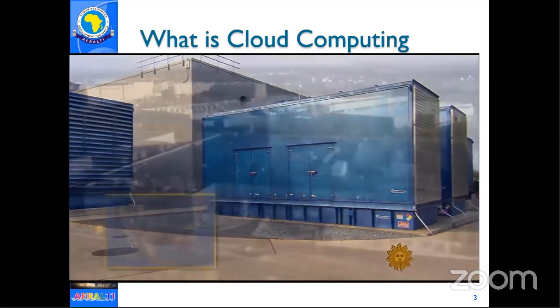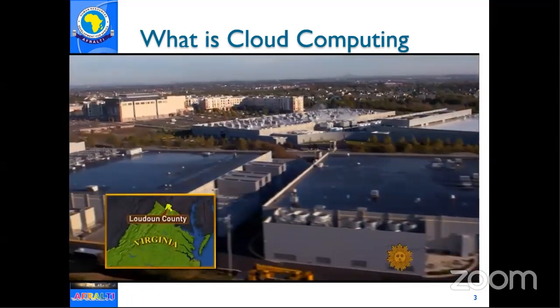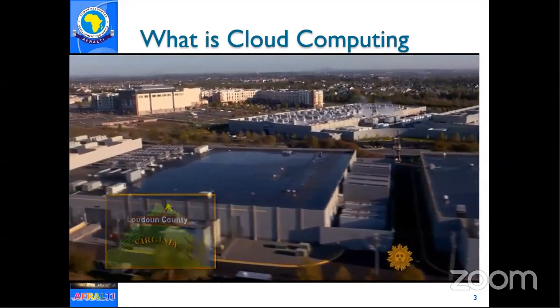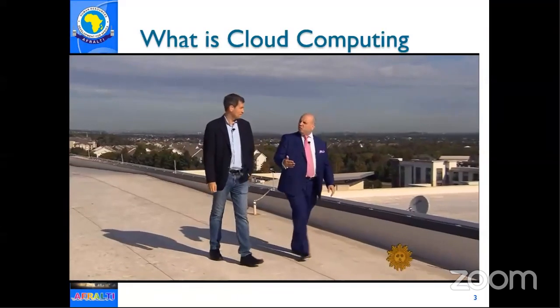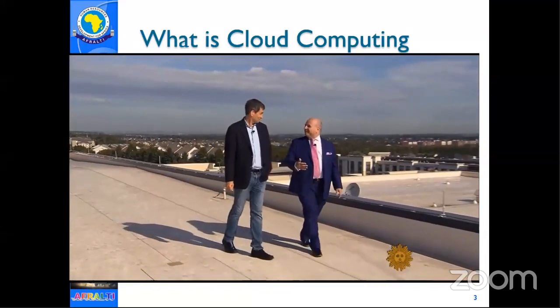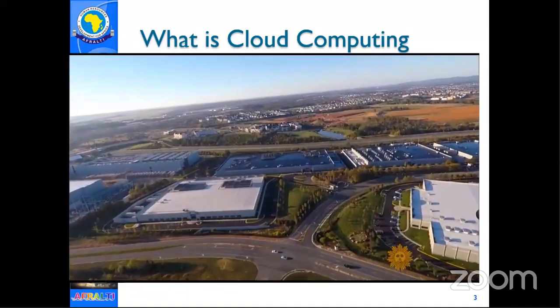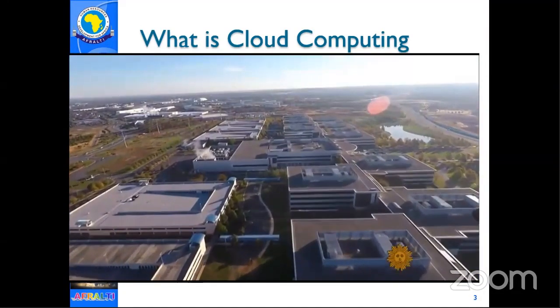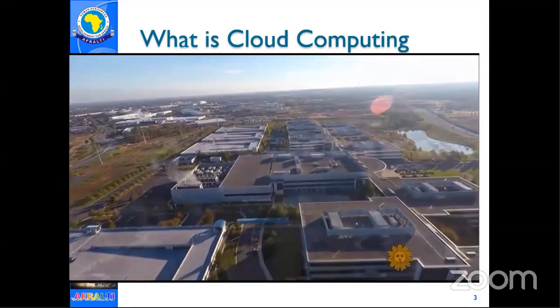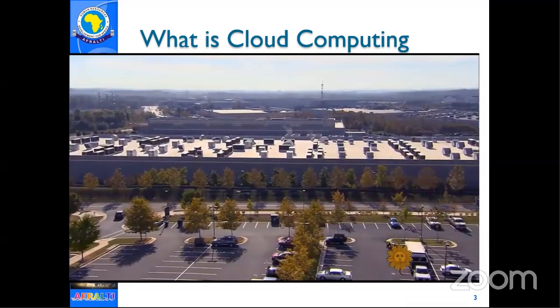This data center is in Loudoun County, Virginia, which turns out not to be much of a surprise. 70% of all web traffic on a daily basis from the world goes through a Loudoun County data center. Come on! 70%. Buddy Reiser is the county's head of business development. He's helped turn Loudoun County into the largest concentration of data centers in the world. 10 million square feet in 70 enormous buildings.